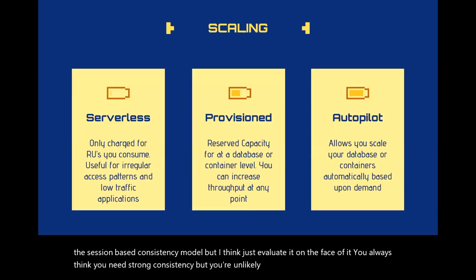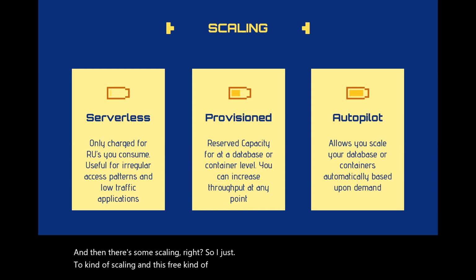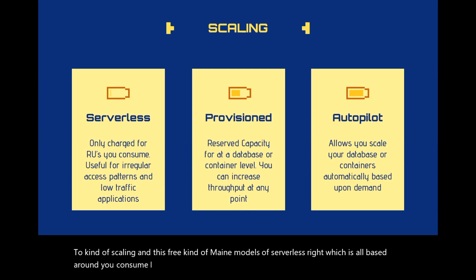And then there's some scaling. There are three main models. There's serverless, which is all based around you consume RUs and you pay for what you consume, which is great for irregular access patterns and low traffic applications. If you've got high peaks or consistent traffic, you're going to pay a lot of money and potentially degrade your performance